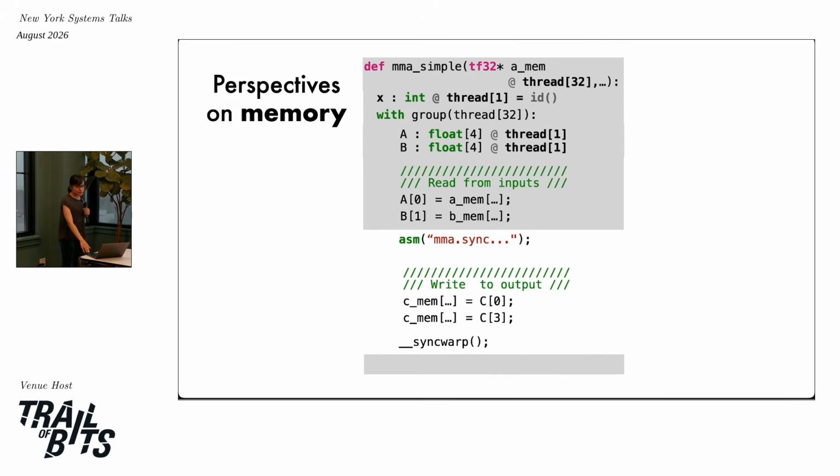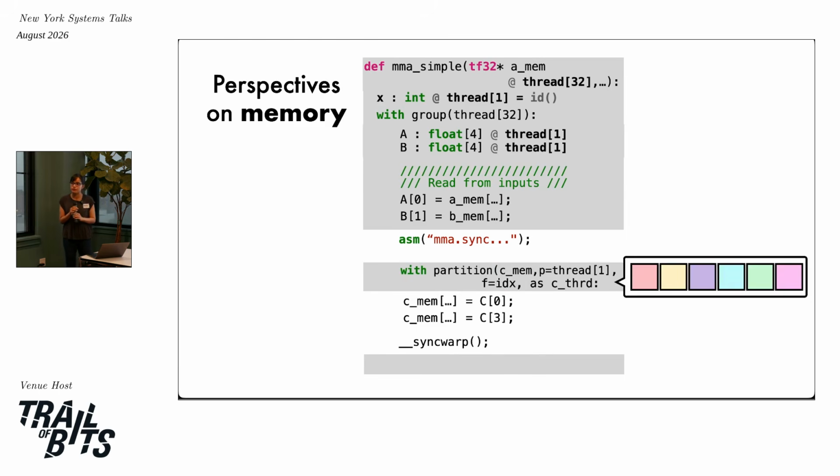But I get sort of a little bit stuck here now, because I somehow have to write a thread 1 value into a thread 32 variable, and I have to figure this out to actually do anything meaningful. I have to write my actual value into memory. And the way that we do that is that we allow programmers to basically lower the perspective of their data